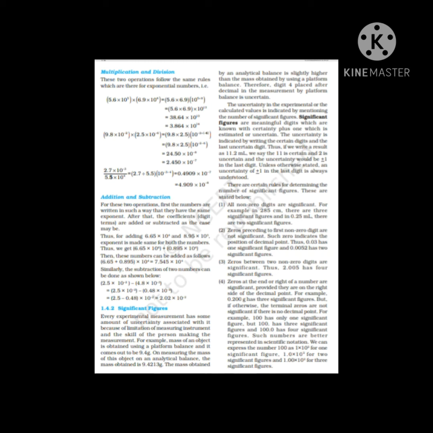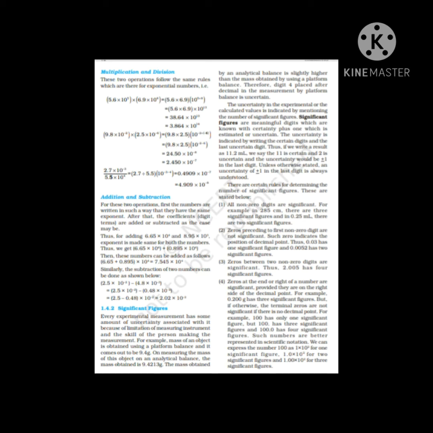Then our next topic is addition and subtraction of significant figures. The result cannot have more digits to the right of the decimal point than either original number. 12.11, 18.0, 1.012, the sum is 31.1222. Here 18.0 has only one digit after the decimal point and the result should be reported only up to one digit after the decimal, which is 31.1.